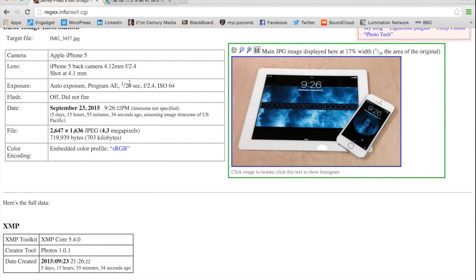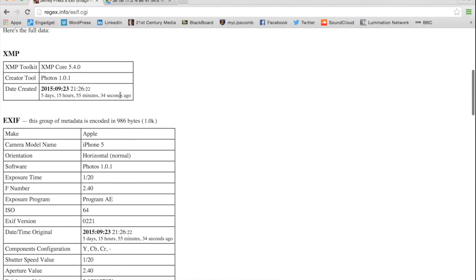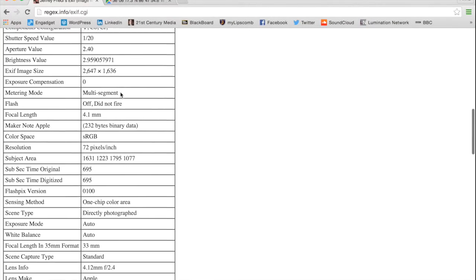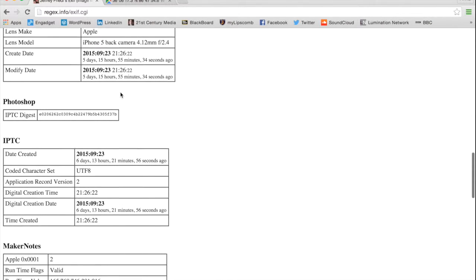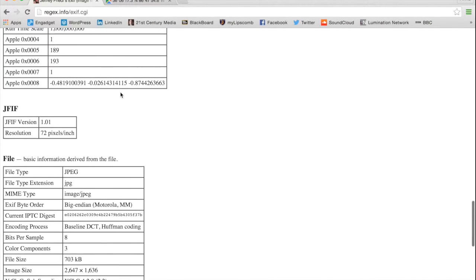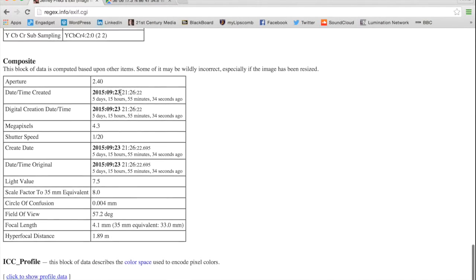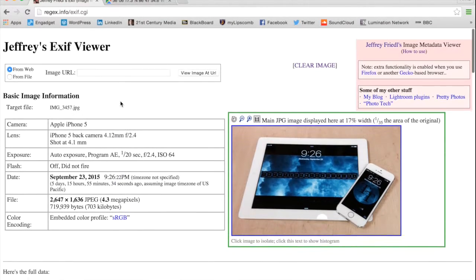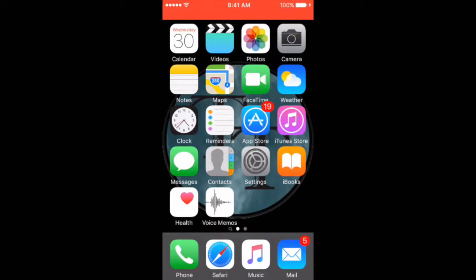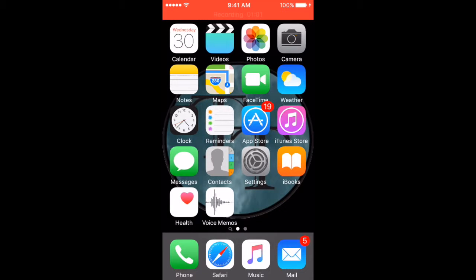So, now that we know that all of this metadata is automatically stored on devices, how do we limit the amount of information that other people can find out using either websites like this or just looking on their own computers? So if you don't want your location to be saved onto your pictures, as I showed you earlier, then